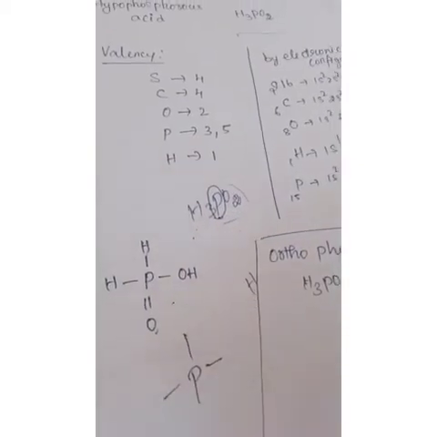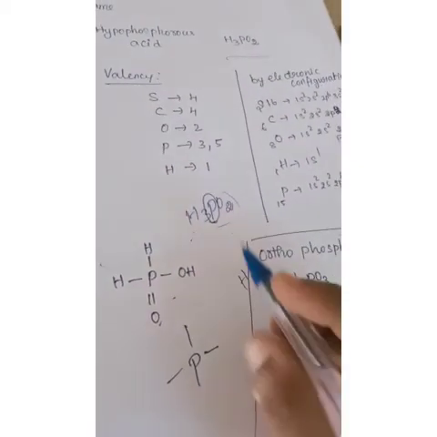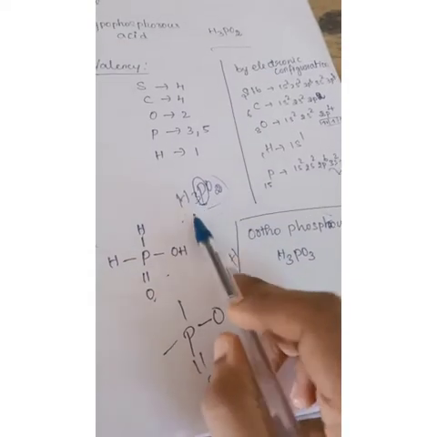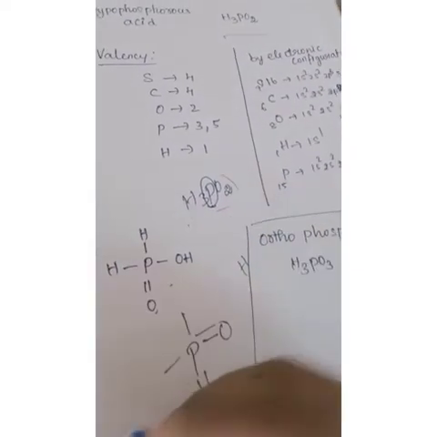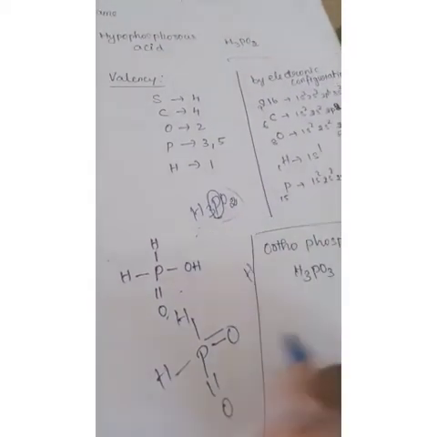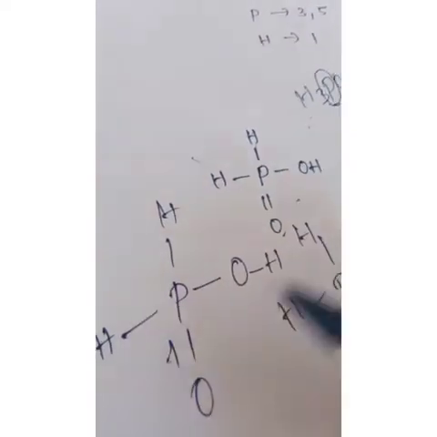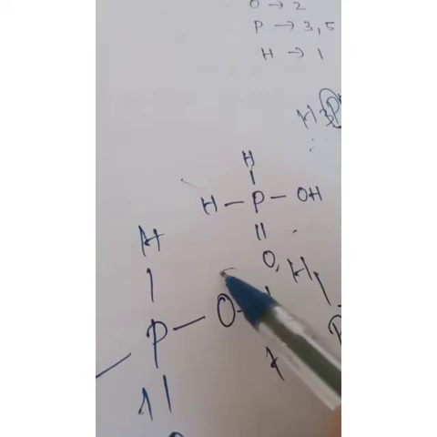It has 5 bonds. How many bonds does oxygen have? Oxygen has 2 bonds. Then, how many hydrogens are there? If you put 2 here, what happens? Only 2 hydrogens are placed here. Then where do we place the next hydrogen? So we write phosphorus in the center, a double bond to O, a single bond to O, and then one bond with hydrogen. And here hydrogen, here hydrogen. Now the valency is satisfied, so here we have the structure.